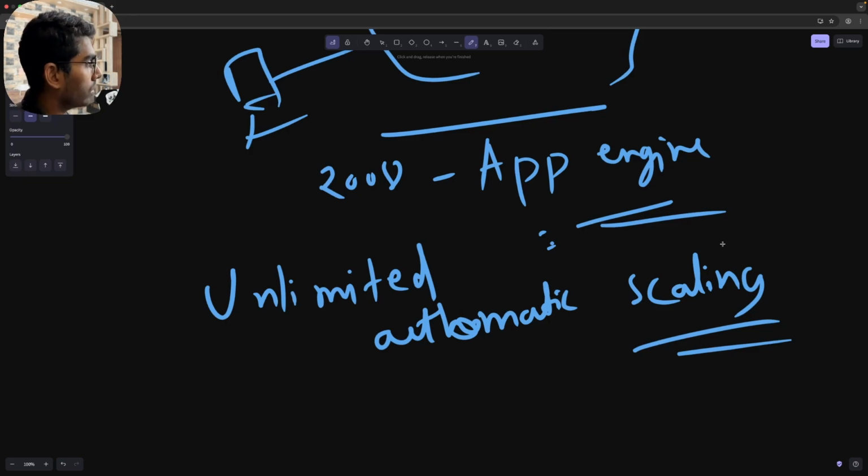In exchange for automatic scaling that could handle millions of requests without developer intervention, applications had to work within strict constraints. The developers could only use certain programming languages. Initially, it was just Python, but later on, Java, PHP, and Go also got added to that list. They had to store data in Google's proprietary data store rather than traditional relational databases. They couldn't write to the local file system or make arbitrary network connections or run processes that lasted longer than